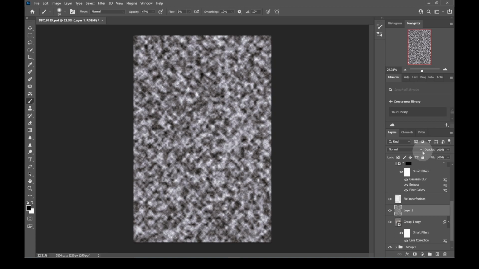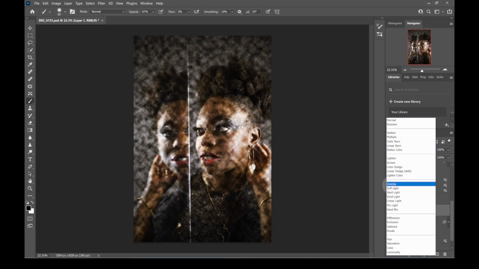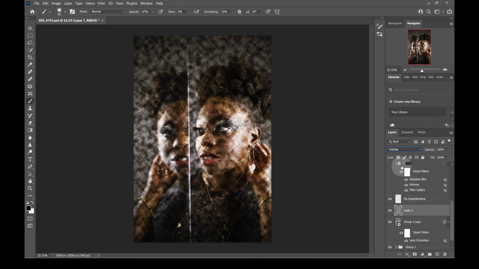What I'm going to do is, I don't want it covering the picture, obviously. This is a normal blend mode. So I'm going to overlay the clouds like this, right? And I don't want this big mass of clouds. So I'm going to spread it out a little bit more so that I can see more of her face in between the puffs of smoke, the cloud. To spread it out, with this layer selected, I'm going to hit edit,